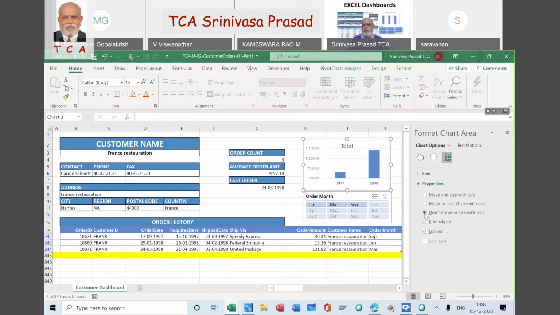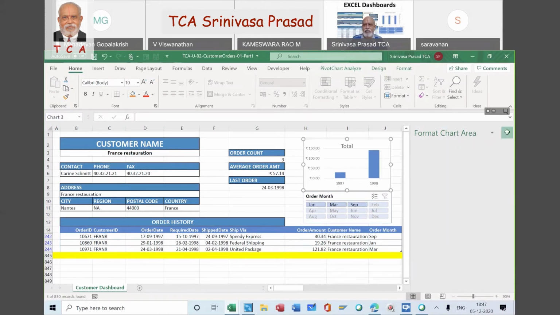Whatever I do with the cells, don't move my chart. Let it be in the same place. Initially it was move and size with cells, so when I removed the cells, the graph got cut. Whereas I don't want anything to happen to the graph, so I said don't move or size with cells.